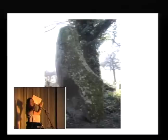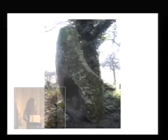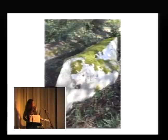This is another one lying on the ground quite close to that one. So again, you can see that it's been shaped. The owner also told me that the saucer-shaped stone facing the menhir was original and possibly caught the shadow of the menhir at a significant time, but you can't actually see this now because a lot of them have been knocked down, there's a lot of planting around, and there's trees as well. So if it was aligned to a